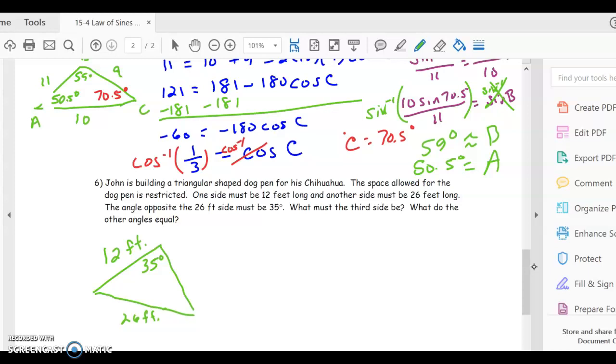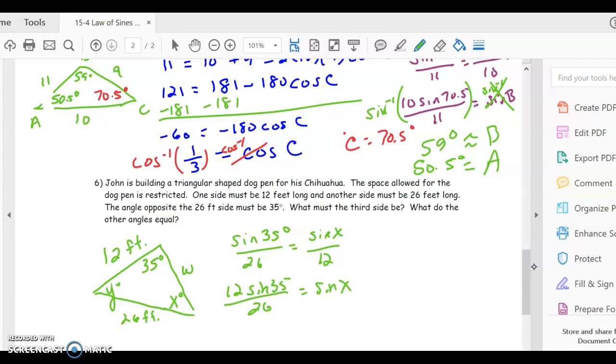So when we set this up, we're going to have to use the law, excuse me, the law of sines. So we're going to call this X, we'll call this Y, and we'll call this W, because that's basically, they're asking us to find everything. So the sine of 35 over 26 is equal to the sine of x over 12. Again, you don't need to cross multiply, just multiply through by 12. And then do the inverse. And so when you do that, you get 15.4